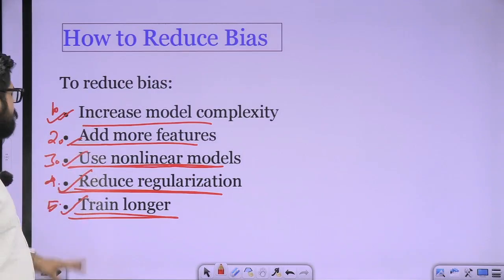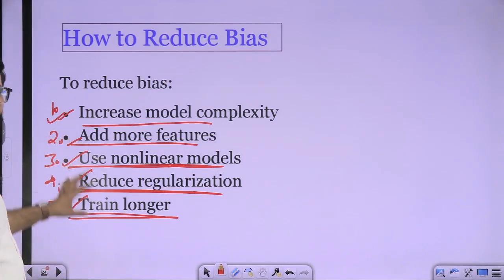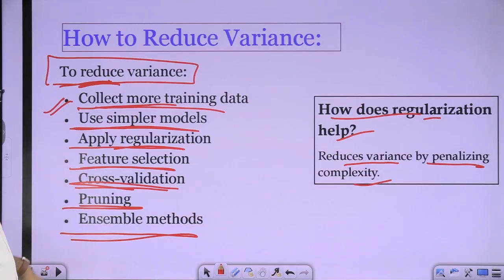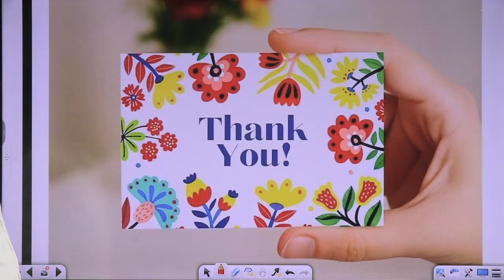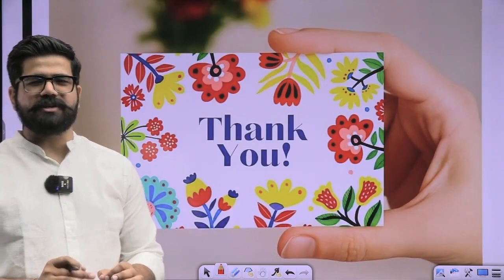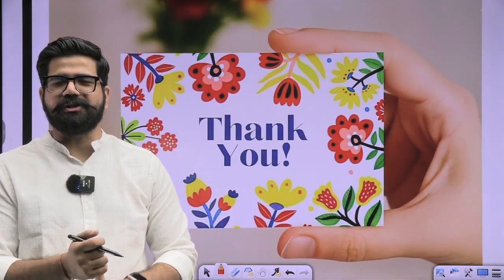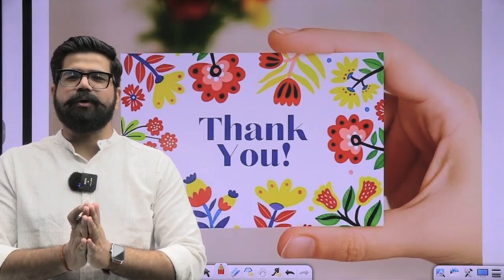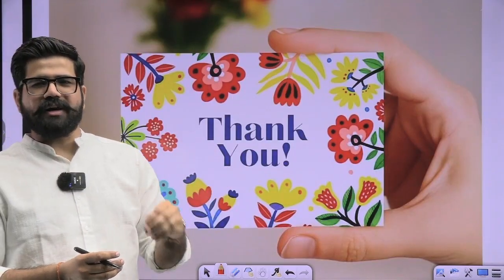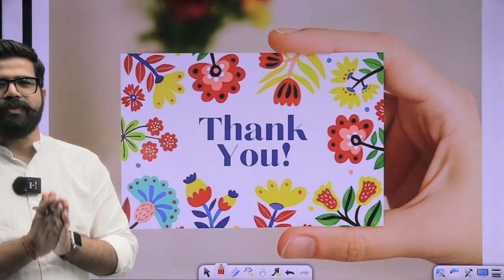How to reduce bias? These are the 5 techniques we have seen through which you can reduce bias. And these are the 5 things through which you can reduce your variance. Okay, this is all we had to study in this session: what the bias-variance trade-off is. I hope you all are able to understand what exactly this concept, generalization, is and what exactly this concept will train you.